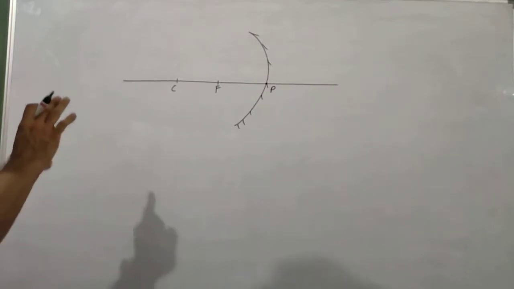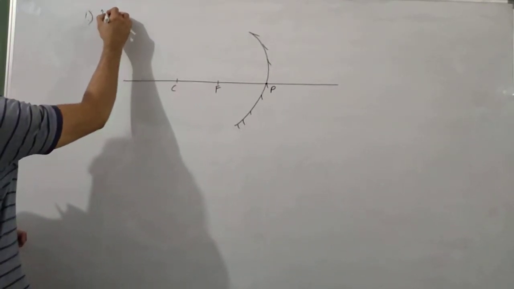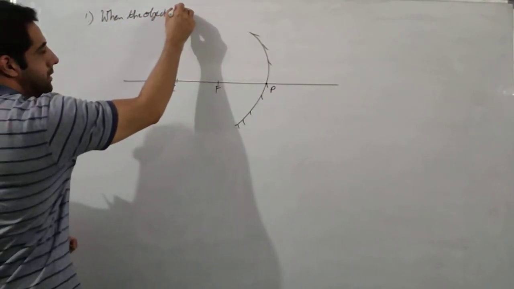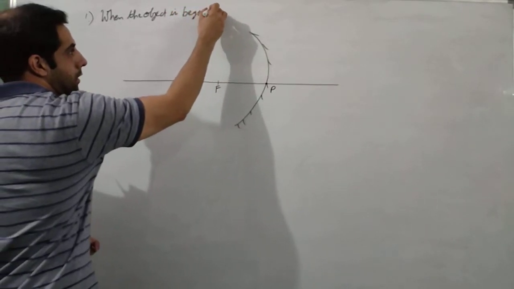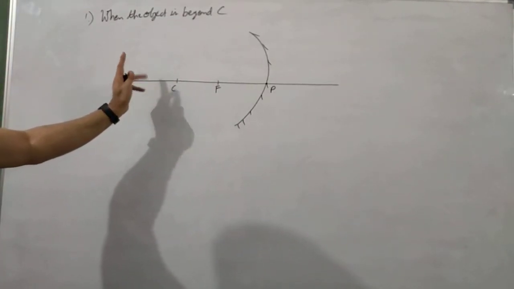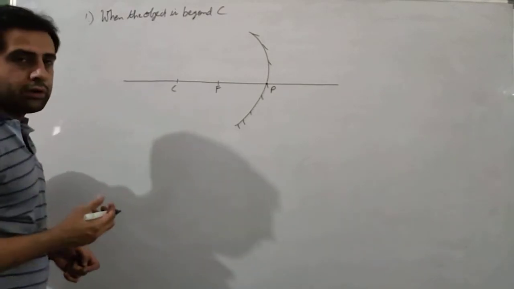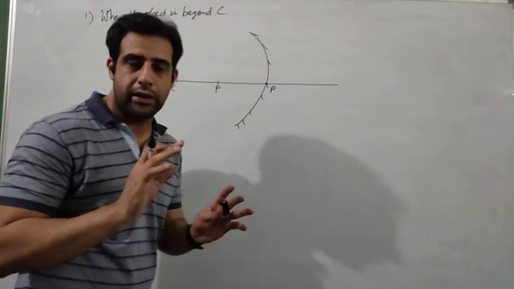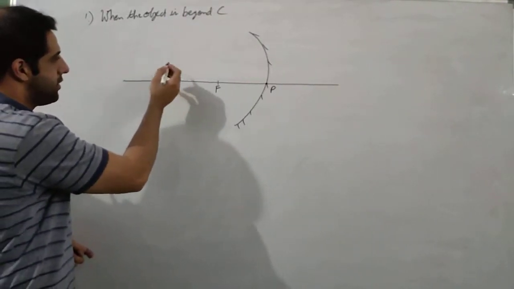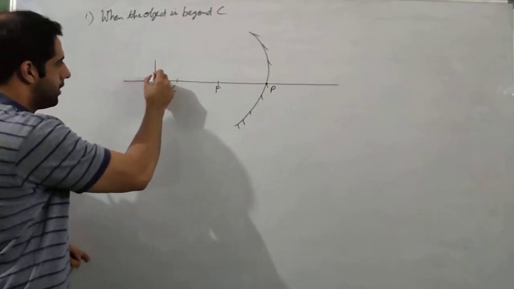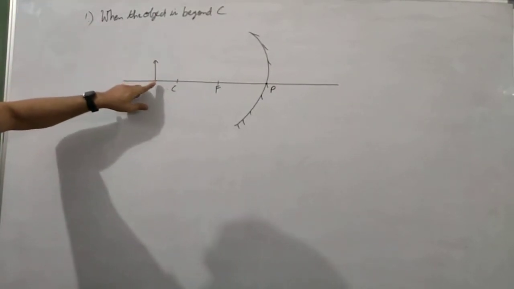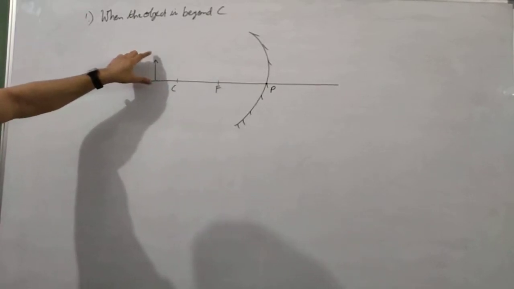Now I'll give you one ray diagram. Let us say the ray diagram when the object is beyond the center of curvature. See, the object is somewhere here, beyond the center of curvature. Now, first of all, how will we represent an object? You are not going to make any candle or anything. That is not a good way because it will create a lot of randomness. Since we are using all straight lines, we will use a straight line here, like this. This will be our object, an arrow. This will be the head, this will be the feet, you can assume that, and this will be your object.